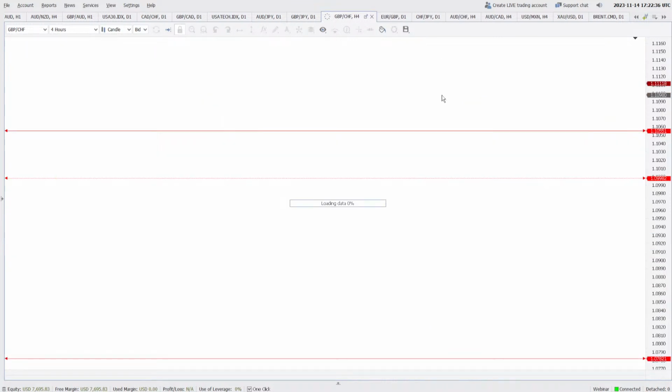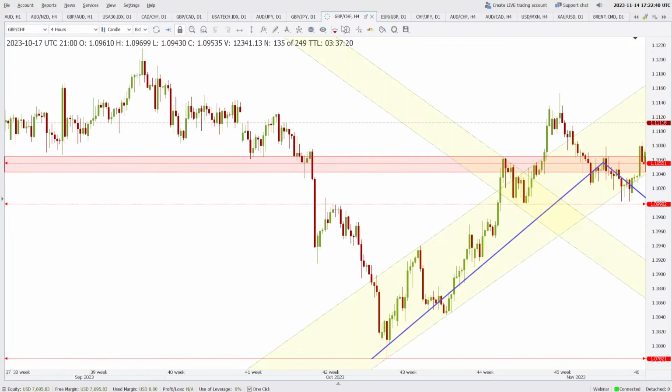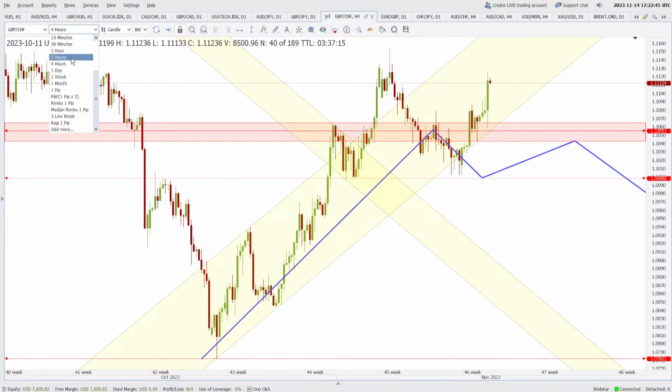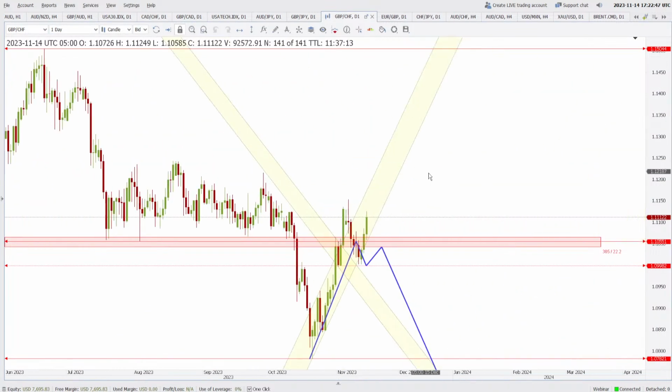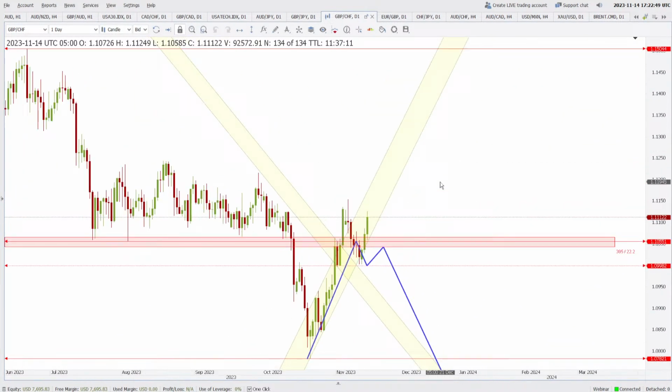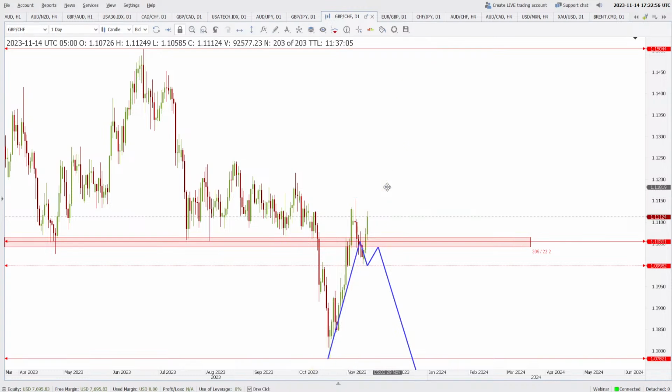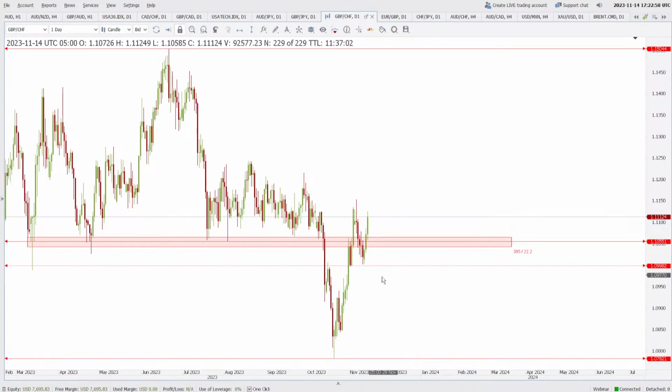GBP CHF may be going here and there because the Swiss franc is also strong. The Great Britain pound is also strong, so maybe the price will go here and there for some time. But yes, overall pound is stronger now. The price is headed higher very nicely. And you can forget about these channels now and mark the prices as per the